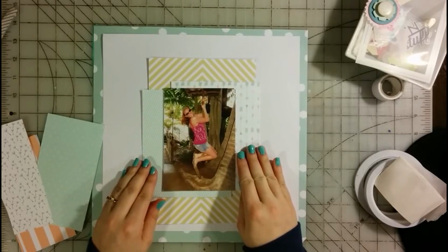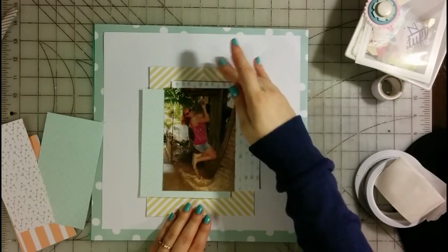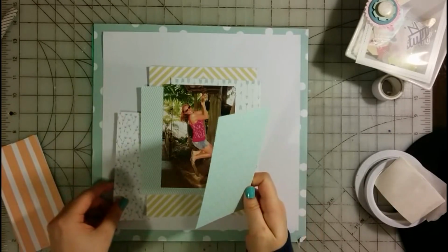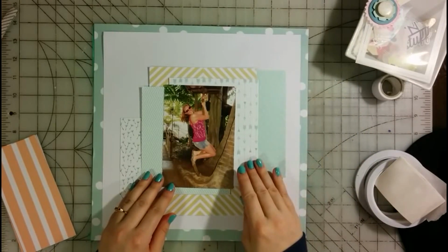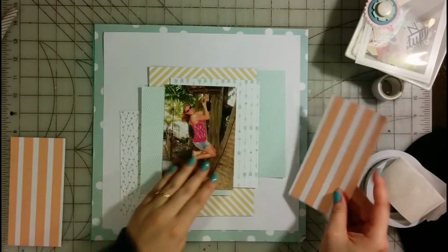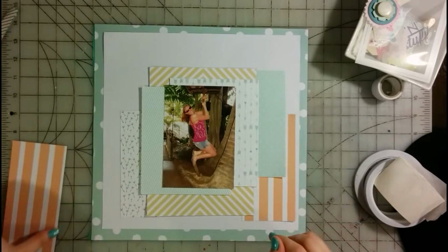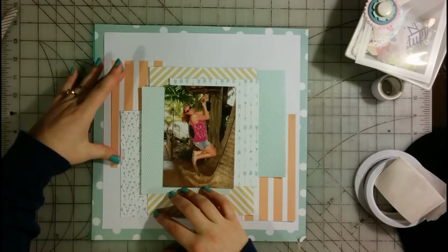And then I cut apart all of the 6x6, and I'm using it to build up the layers like the original sketch had shown. So this layout, it does have a bit of a feeling for the original sketch. You are going to see how the layering of the paper is kind of similar to that, and that's where my inspiration came from. But as for the circles, I was thinking about how to use it, and in the